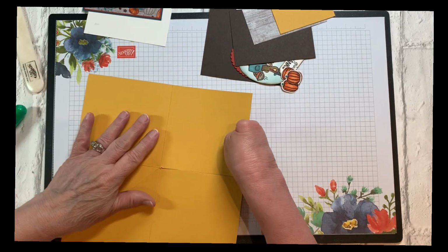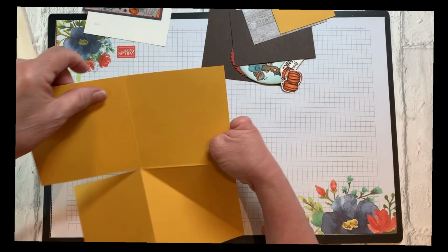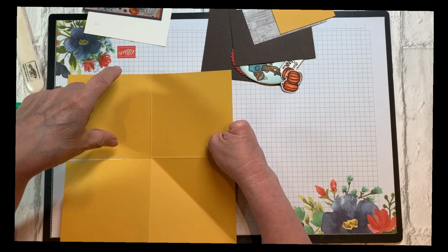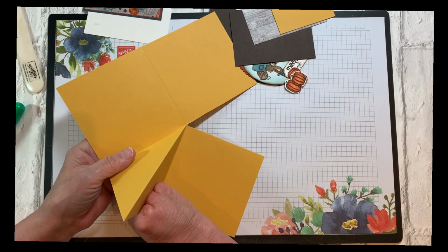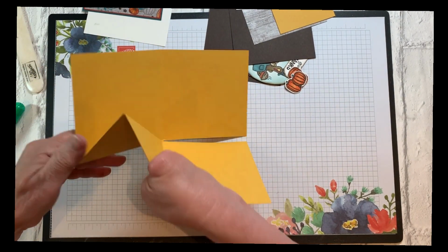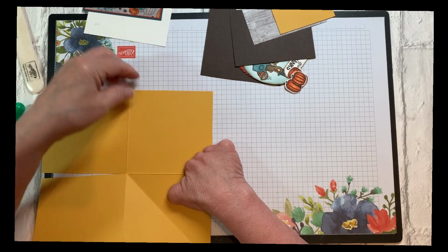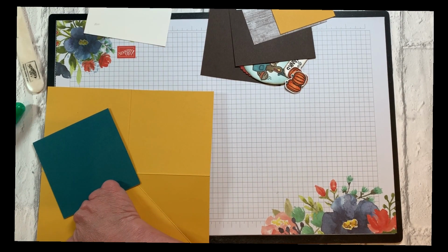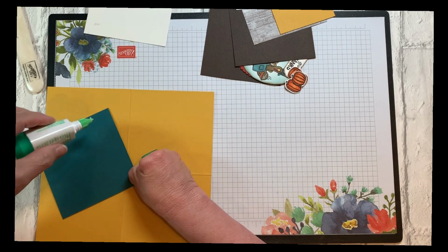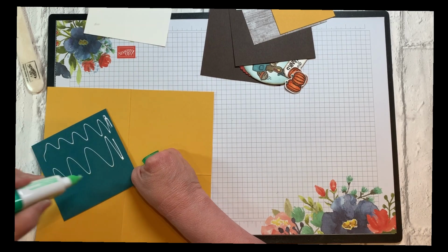So before we put on any of our pieces, this is our front, this piece here, and the way you know it's the front is this is your fold in the center that comes over. So the opposite side of it, this is your back, and that's your front piece. So you want to make sure that you keep your pieces straight as you're adhering this around. Okay. All right, so let's put our